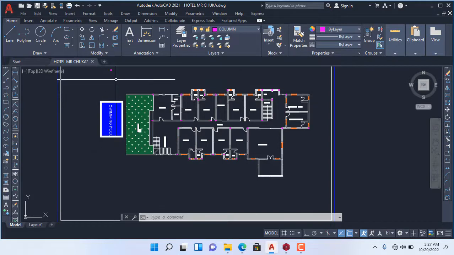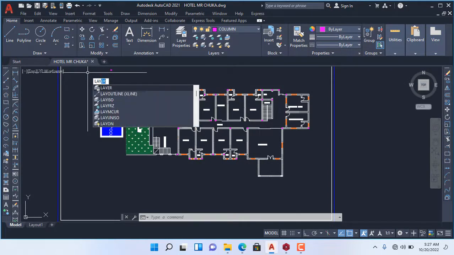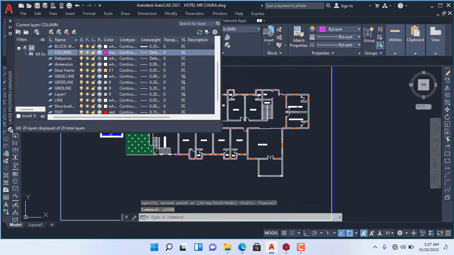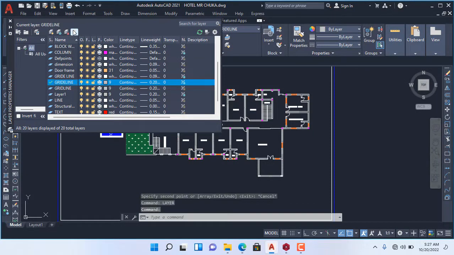Go to layer. Tap layer on my keyboard. Enter. So the grid line I created, I'll click on it and set it as current. So once I've done that,